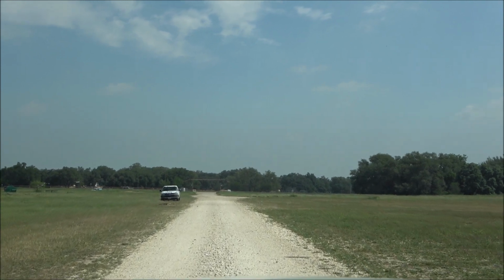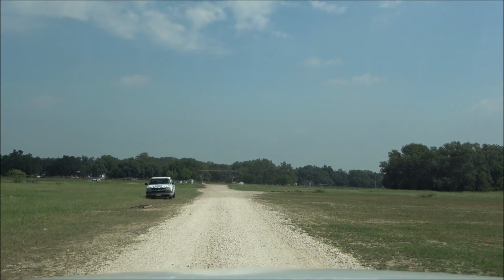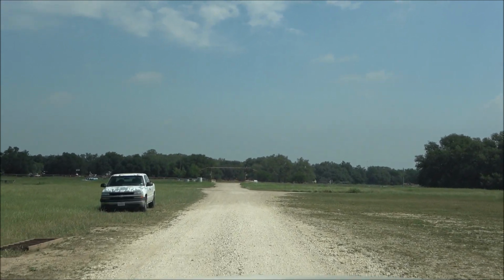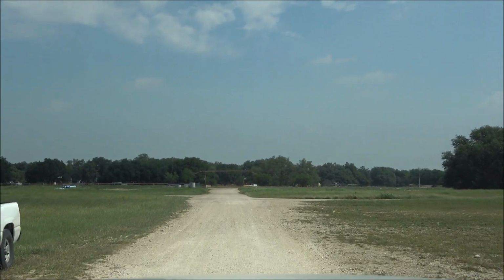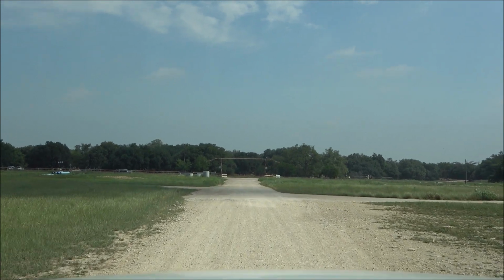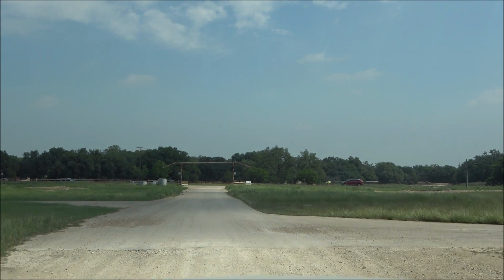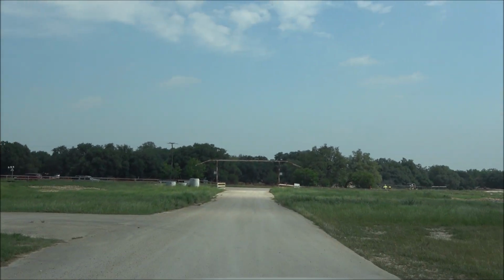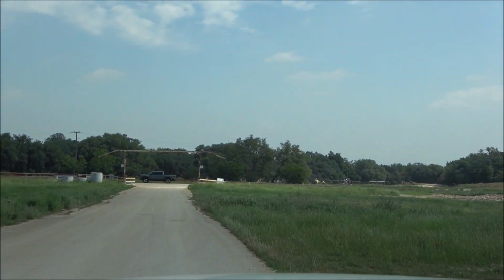It looks like at some point they had a gate in the back here, but they've got it blocked. So that's not helpful. See, right in here, they've got a road going up to it, but it looks like they've blocked it. They've sealed it off. So that's unfortunate. Yeah, there's their gate. So, I just got to figure out how to get around there from here, which...